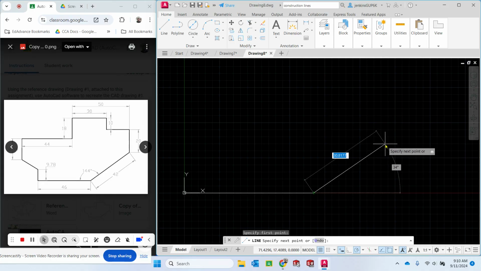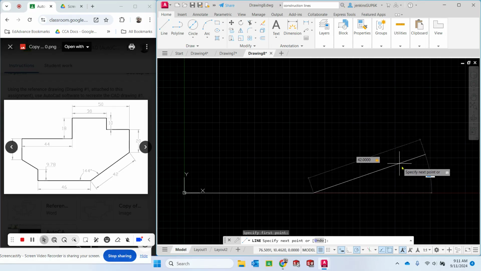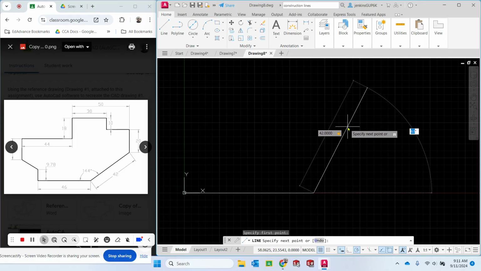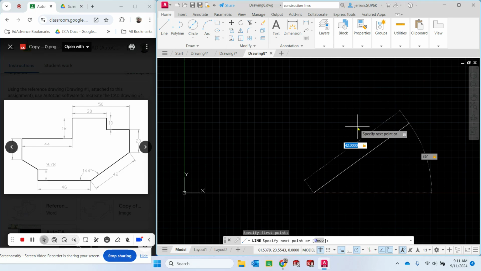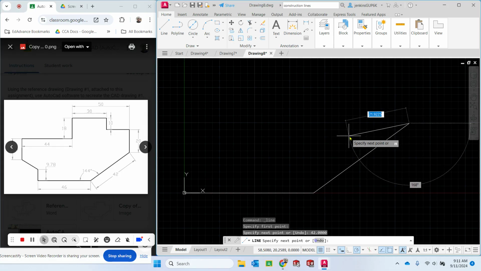So I'm over here, and if I move to 36, you can see that it's in the other box. It's in that gray box right there. I know I want this line to be 42 units long, so if I type in 42 and tab, it's making sure that the line I draw is going to be 42. Now I can still move it up and down because I haven't determined what exact angle I want it to be. But as soon as I type in 36, tab, it's going to make that 36 up, which is the equivalent of the 144 we have in the drawing. I'm going to hit enter,